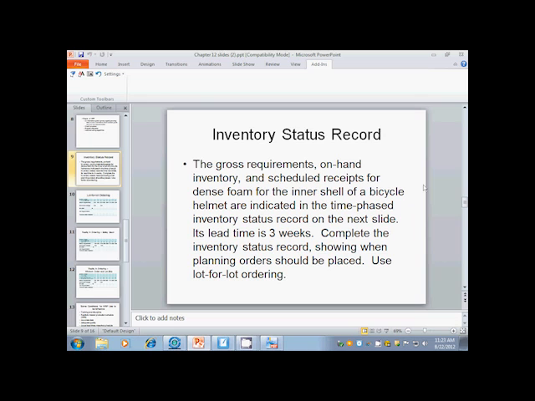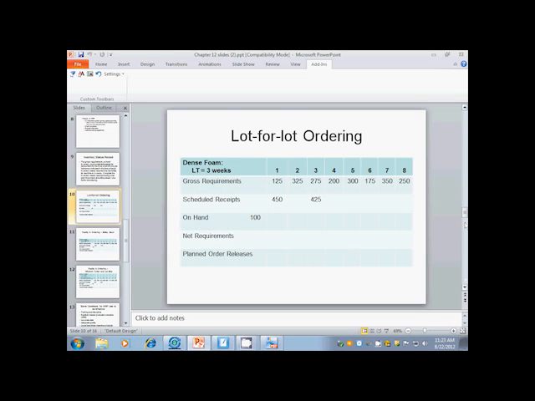We start with the gross requirements, on-hand inventory, and scheduled receipts for a dense foam for the inner shell of a bicycle helmet, indicated in the time-phased inventory status record on the next slide. Its lead time is 3 weeks. Complete the inventory status record showing when planned orders should be made. Use lot-for-lot ordering. So looking at slide 10,